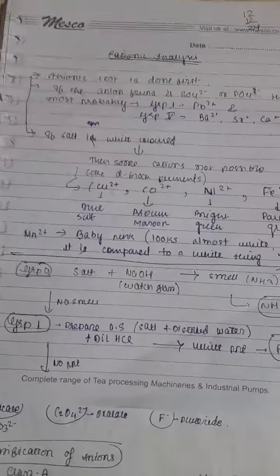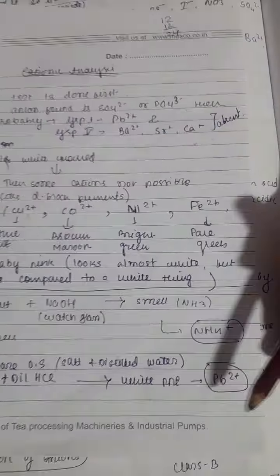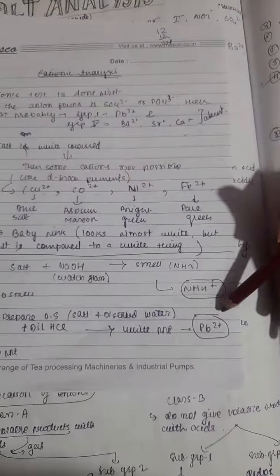The reagent for group 1 is dilute HCl. After reacting it with dilute HCl, if we get a white PPT, then it will most likely be lead cation. And if we don't get any PPT,